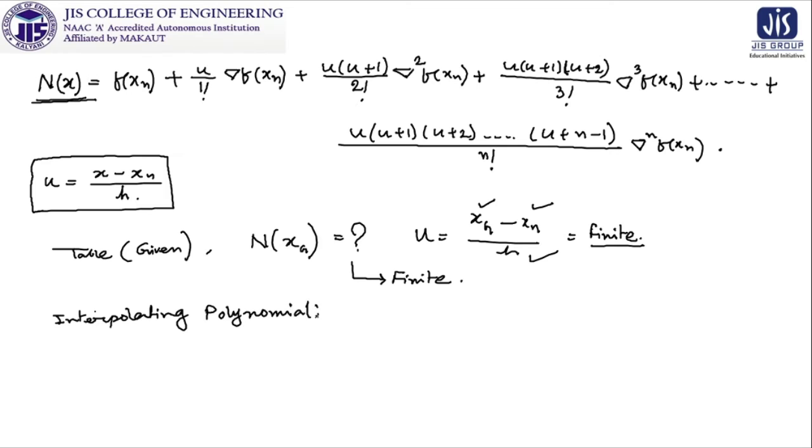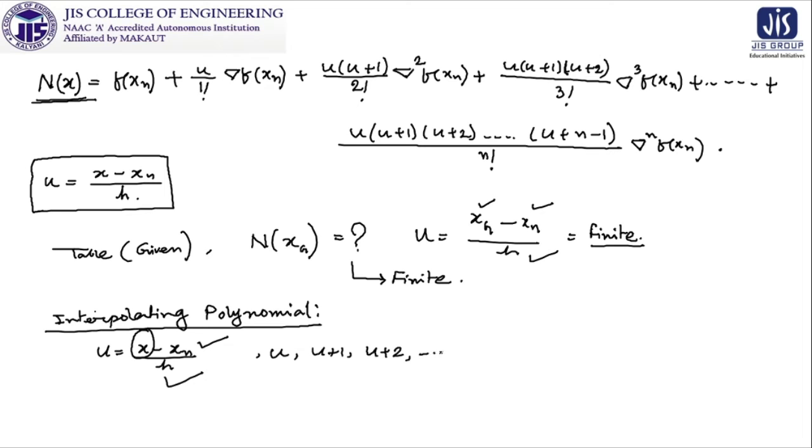So if we are not using u as a finite value, we are using just u as x minus xn by h. You can see that h is known, xn is known, but x will be kept as x. So u plus 1, u plus 2, all will be in terms of x. After putting these in this interpolating polynomial, we are going to get Nx as a polynomial of x,